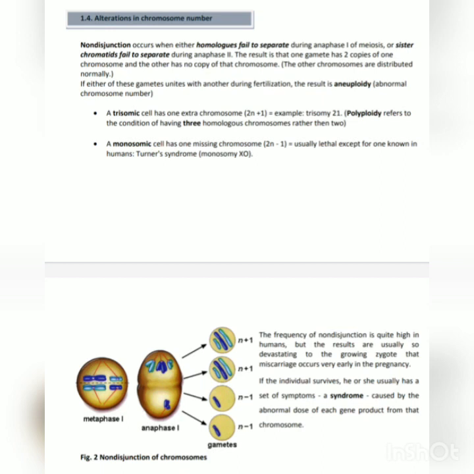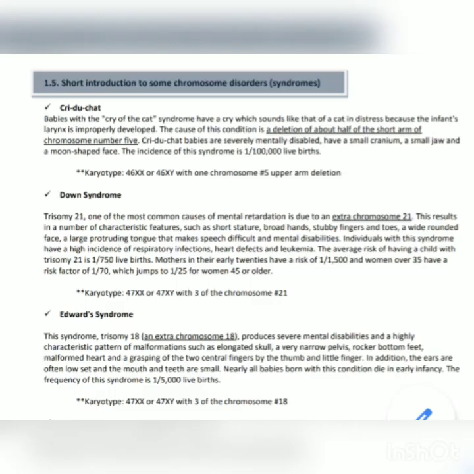You can see in the figure that in anaphase 1, instead of two to three, one chromosome has separated. This is known as non-disjunction. So the gametes formed will be n plus 1, n plus 1, n minus 1, n minus 1. Then aneuploidy occurs, and we have discussed all these defects that we can have because of this non-disjunction: Cri-du-Chat, Down syndrome, Edwards syndrome, trisomy, Patau syndrome, that we have already discussed earlier, right?